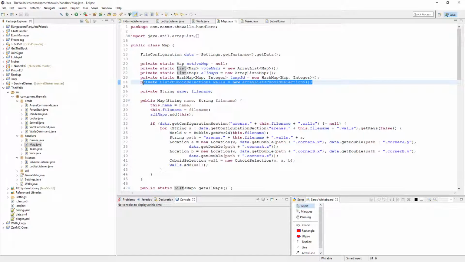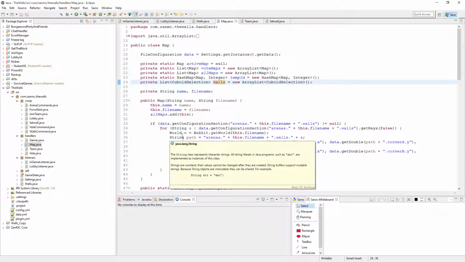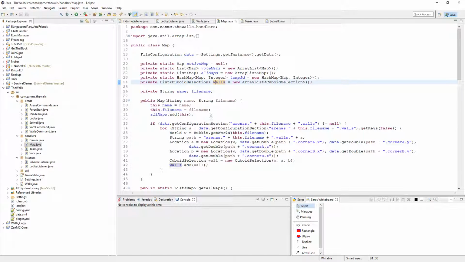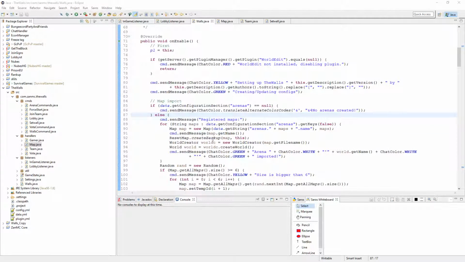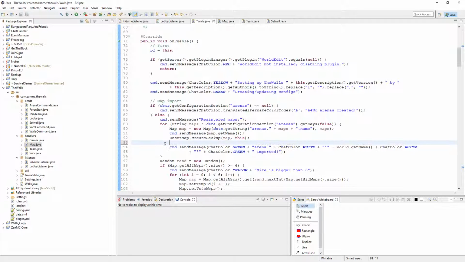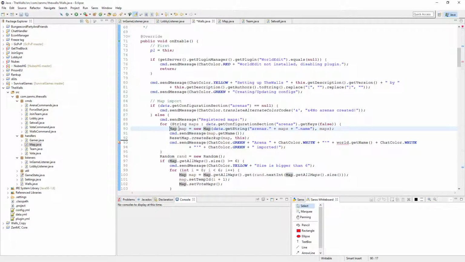This is private and separate and different for every instance of map. So every map has its own set of walls, which we want. We don't want it to drop every wall in every world, because we won't be loading every world. Oh well, we do. So we might have to do something here. Let me just check here. Oh yeah, in the world creator, we need to set that before we make a map. So just move that now in the here. Move that before map creation, because in the map,